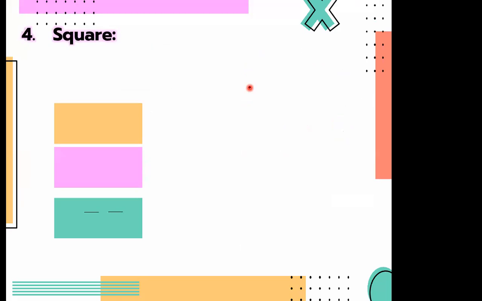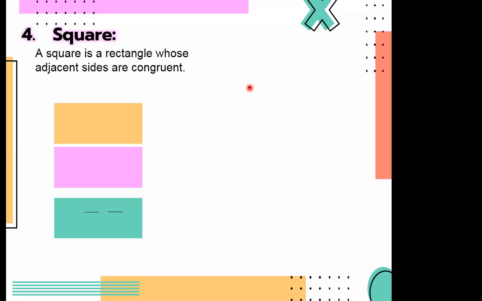and this is the very easy and simplest kind of quadrilateral. Now a square is a rectangle whose adjacent sides are congruent. What is the difference between a square and a rectangle? In a rectangle, only opposite sides are congruent, whereas in a square, all the sides are congruent. Look at this figure. This is a square in which all the sides are